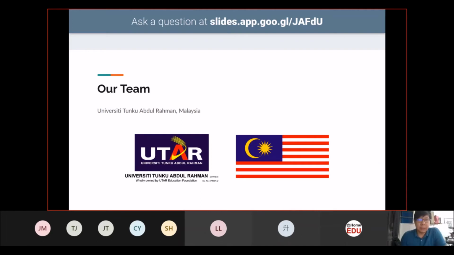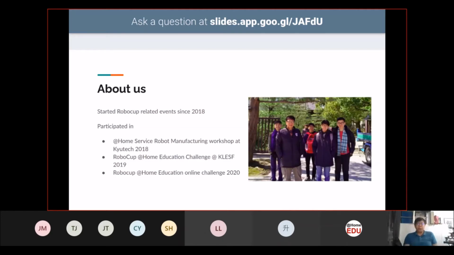I think I first got to know about RoboCup in 2017, if I'm not mistaken, when I first met Jeffrey. From there we started to have RoboCup and RoboCup-related events in Malaysia, and also from our side, to join and participate in RoboCup events.